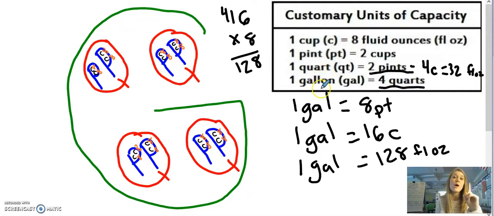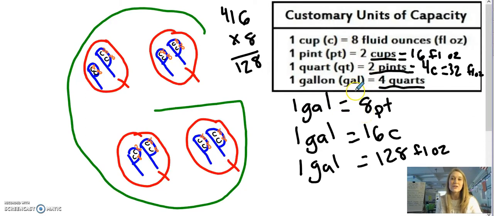Well, let's just look at 1 P. Inside 1 P, I see 2 C's. Those are my 2 cups. But I also see 2 8s. Well, I know 8 plus 8 is 16. So there are 16 fluid ounces inside of every pint. And then, of course, when we get down to the C, the only thing that makes up a cup is 8 fluid ounces. So just by using my land of gallon picture, I can convert any customary unit of capacity